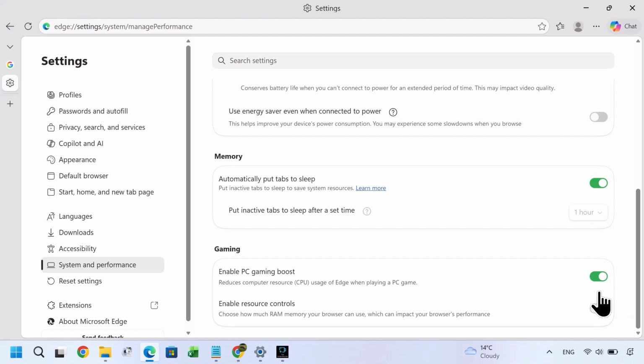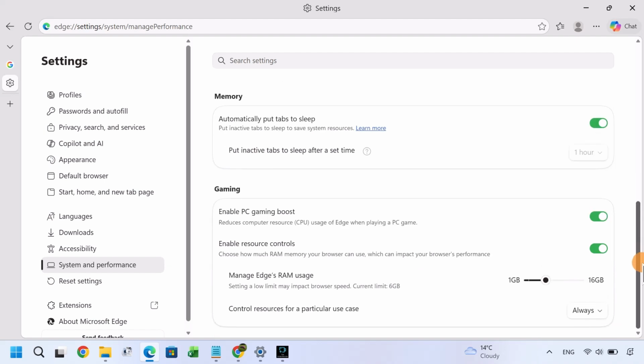Here you can enable or disable PC Gaming Boost. You can also enable resource controls. This will allow you to limit how much RAM Edge can use, which can help improve gaming performance and reduce